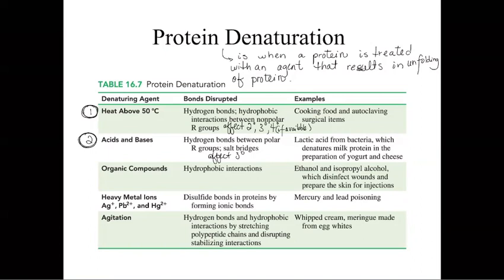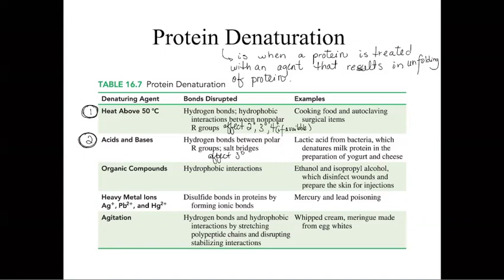Well, for those of you that consume yogurt and cheese, the milk protein, if you're eating milk-based yogurt and cheeses, the bacteria specifically is going to be producing lactic acid through the process of making the yogurt and the cheese, and that's what is going to denature the milk protein, and that's what creates